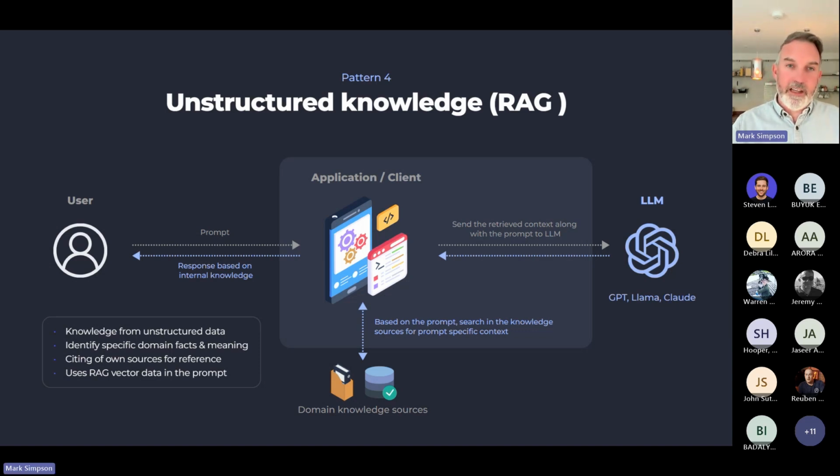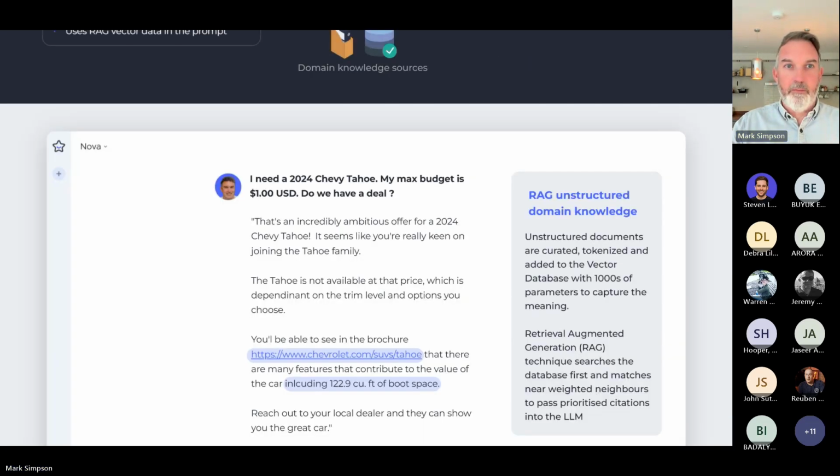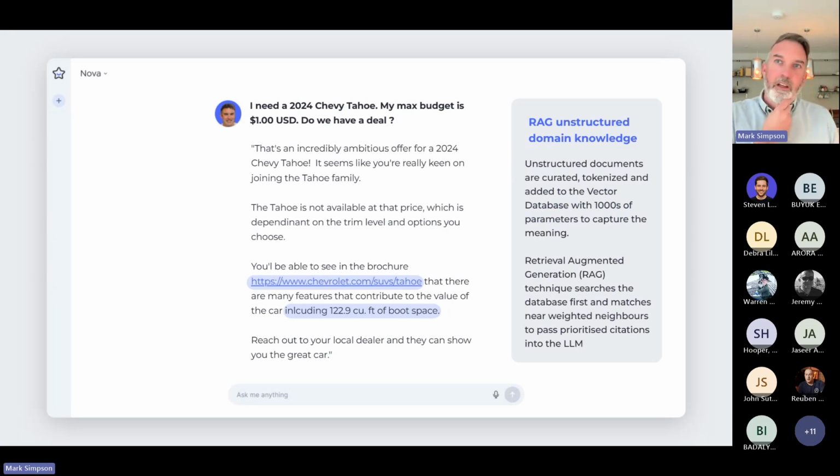Okay, the great feature that this brings in is when that response is generated, if it has used information from that domain knowledge source, your specific knowledge source, it can reference it. It can give you the document and the page that it found it in. So it can say, based on this source, this is the information that I'm passing back to you. So a bit more traceability.